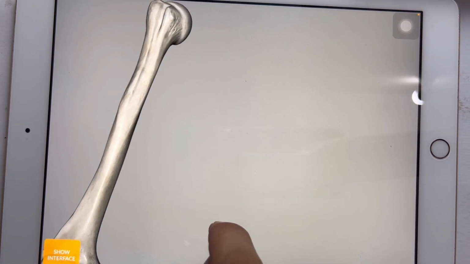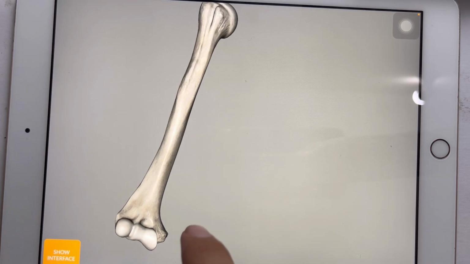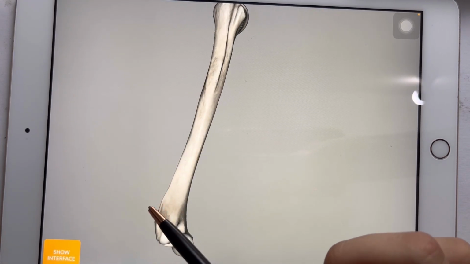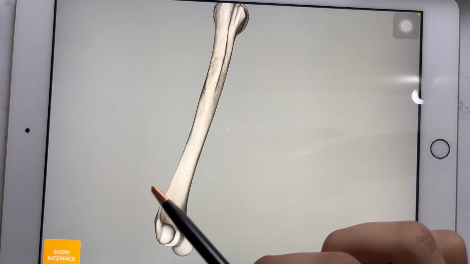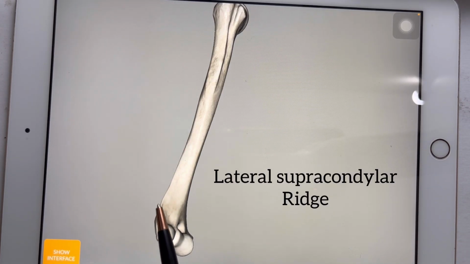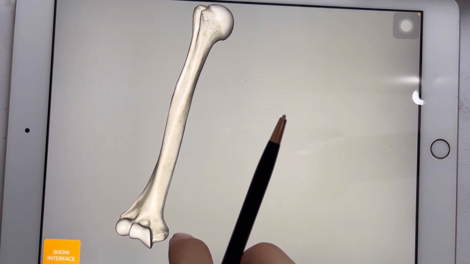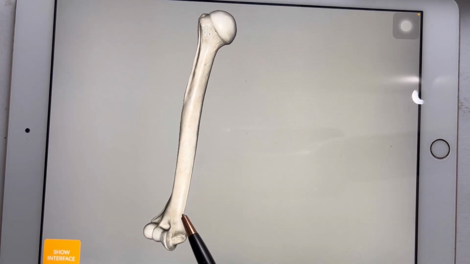Here the radial nerve passes. Now student, the shaft of the body also has this narrow ridge. This narrow ridge is called the lateral supracondylar ridge, while at the medial side this ridge is called